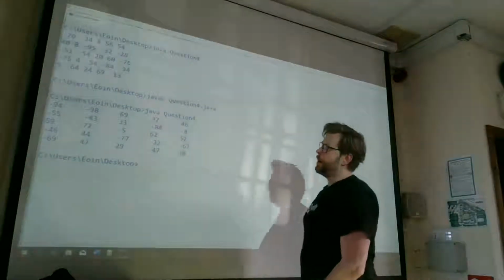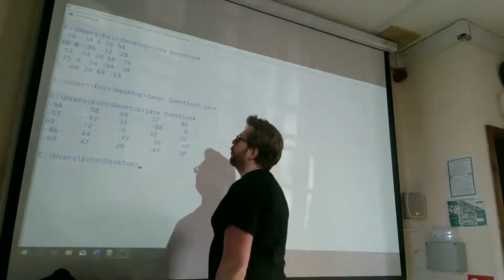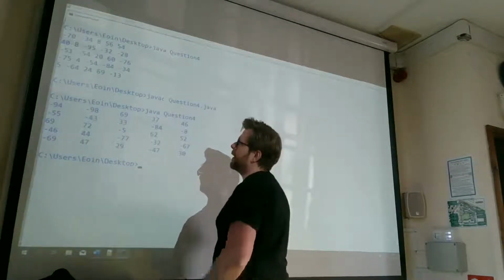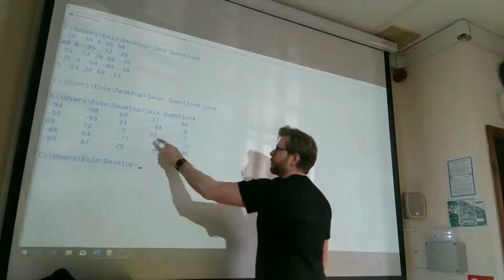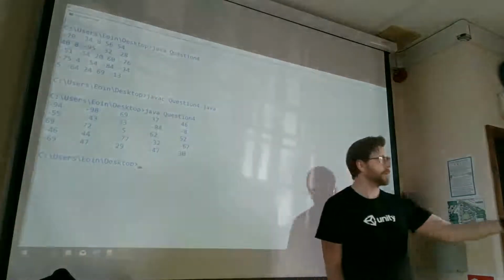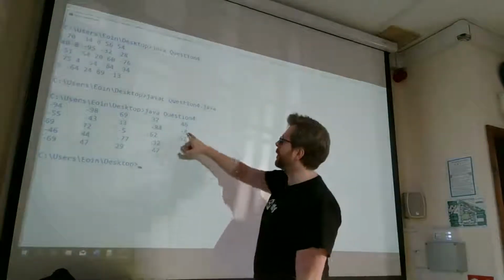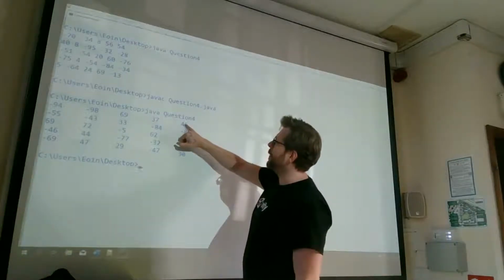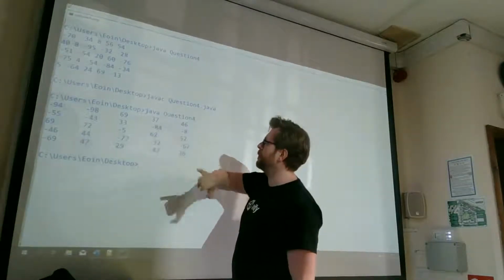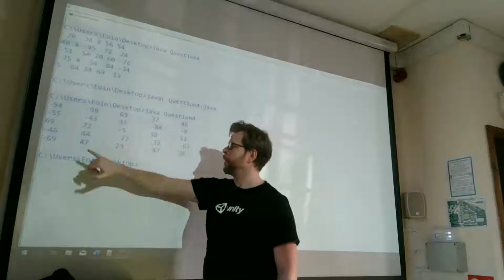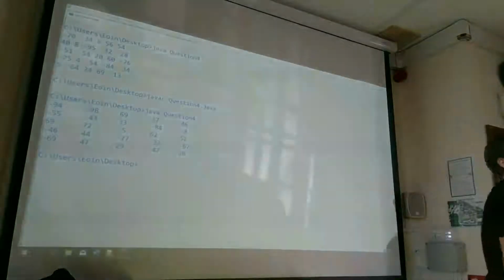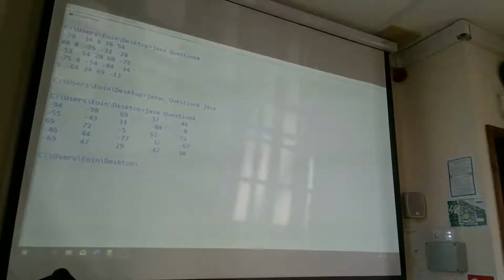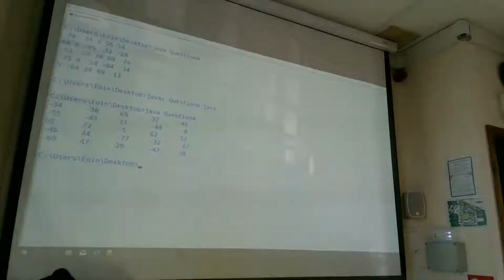So in this scenario, we would need to work out the absolute value of minus 94 plus minus 43 plus minus 5 plus minus 32 plus 30. It's going to be a negative number. And then we also need to work out the total of 46 plus minus 84 plus minus 5 plus 44 plus minus 69. And then we need to subtract those two totals away from each other. And then we need to make sure it's unsigned, that it's a positive version of itself. Okay,